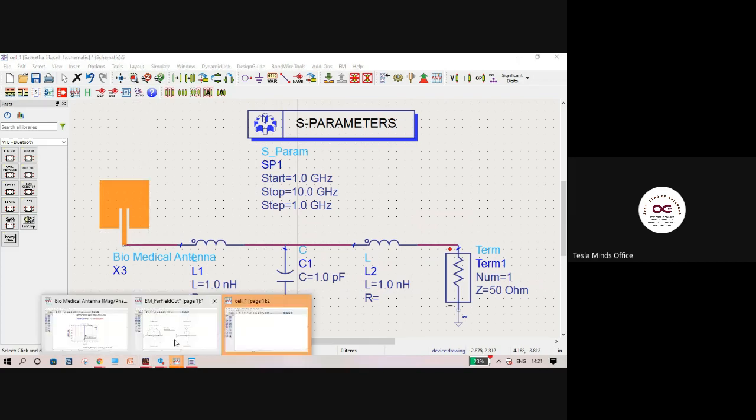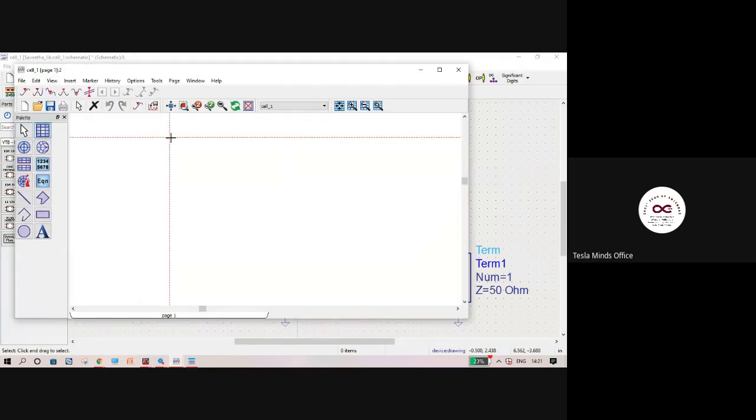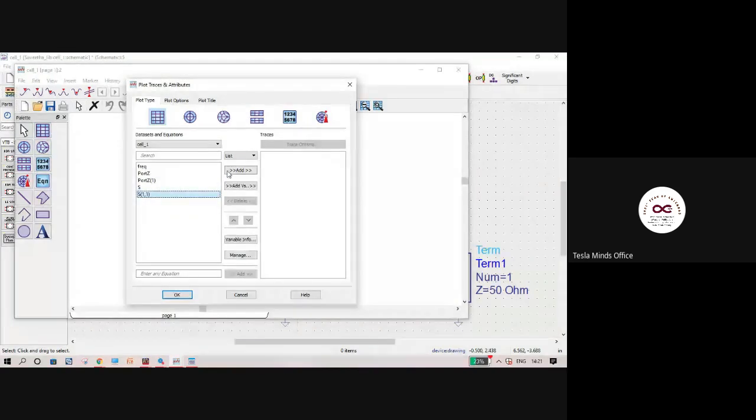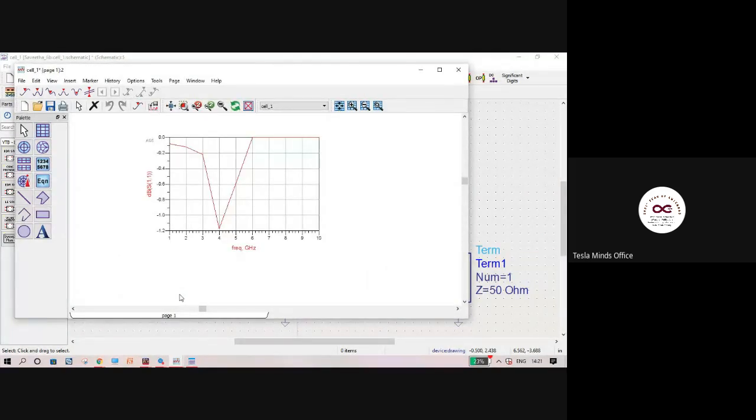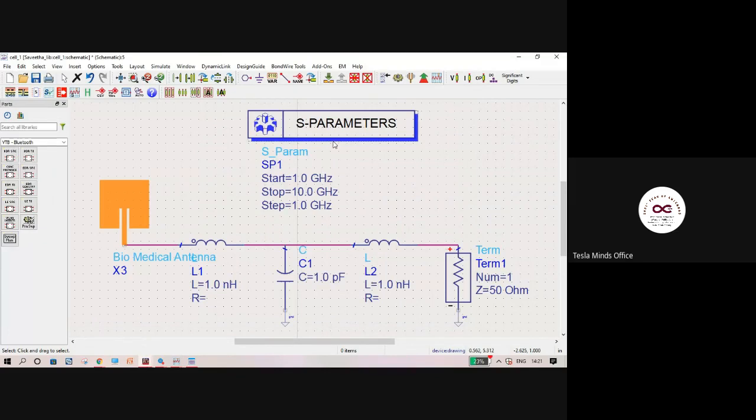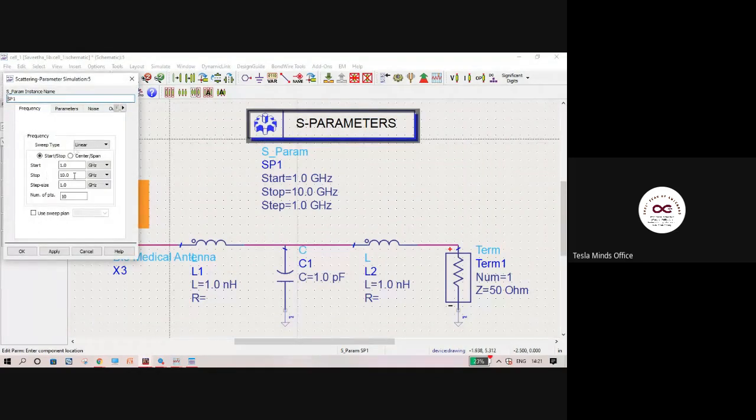So I just go to the graph now. I have to pick and place the graph to give me that S11, a very vague graph. Let's see if I can increase the number of points. I guess the frequency has shifted because we have included inductors and capacitors.